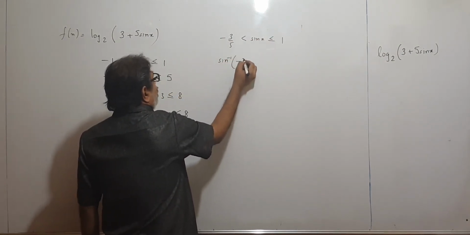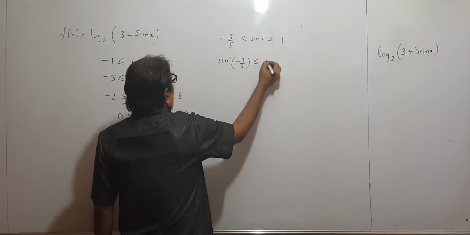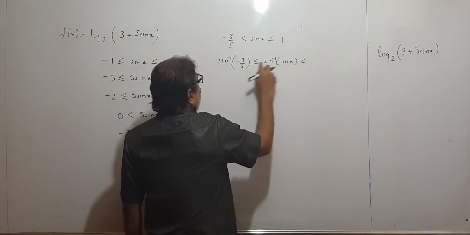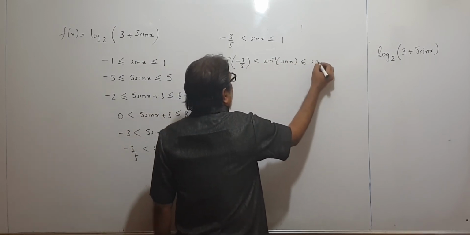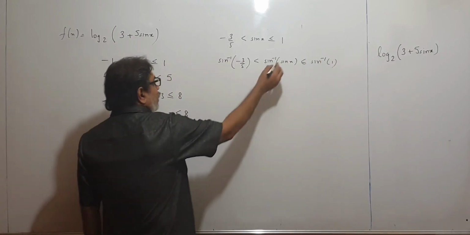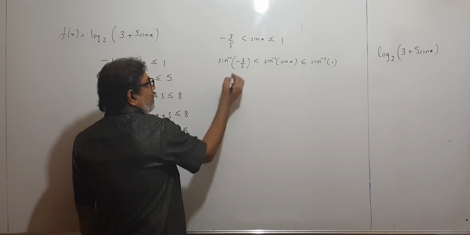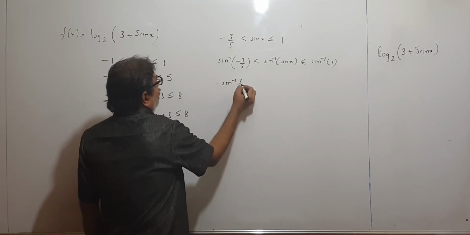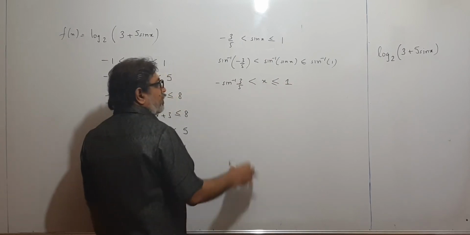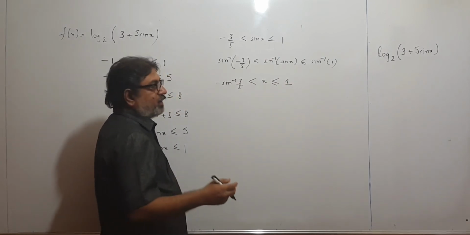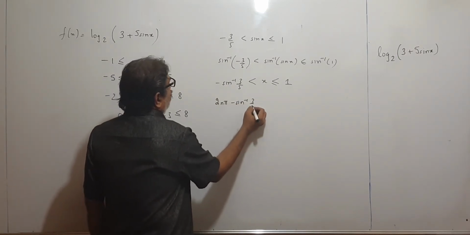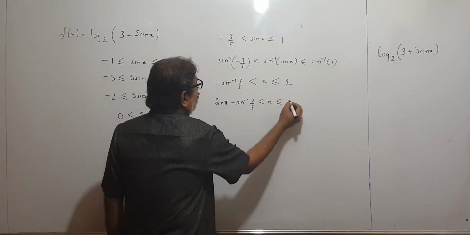This is sin inverse of −3/5 less than sin inverse of sin x, and less than or equal to sin inverse of 1, applying sin inverse to all. So this will be x. So −sin inverse 3/5 less than x less than or equal to 1. And because sin has got period 2π, we write 2nπ − sin inverse 3/5 less than x less than or equal to